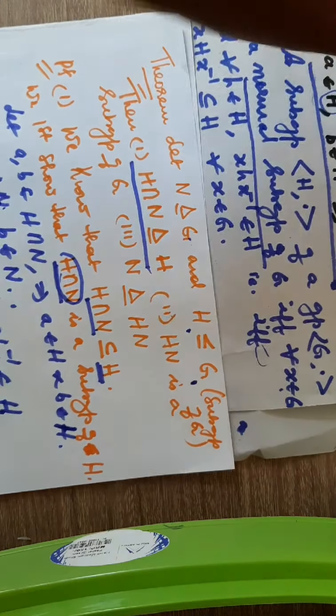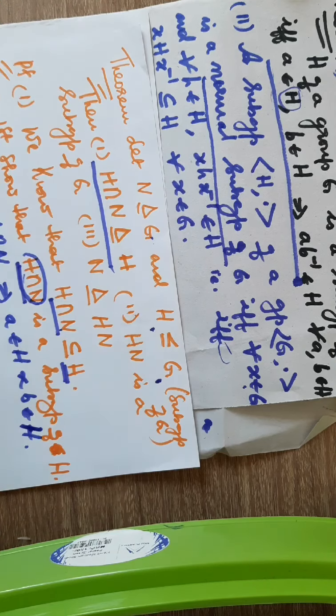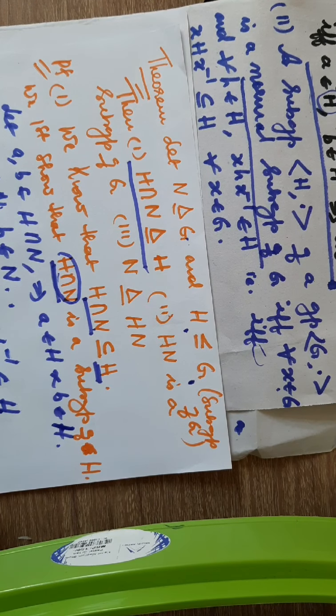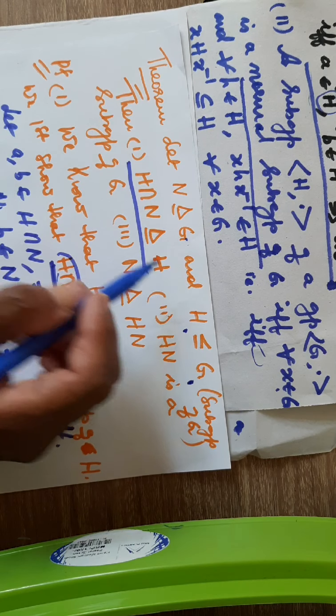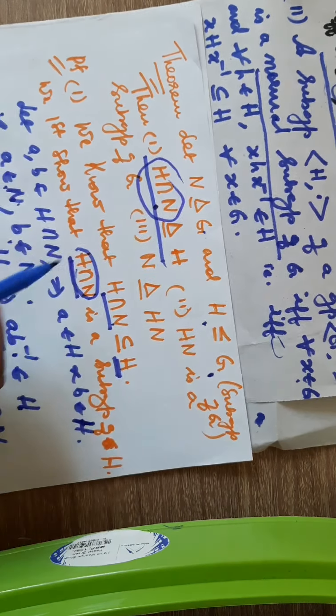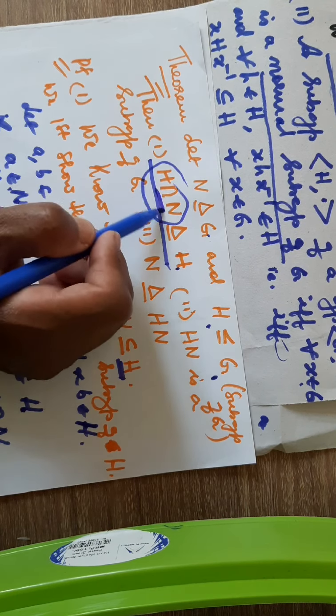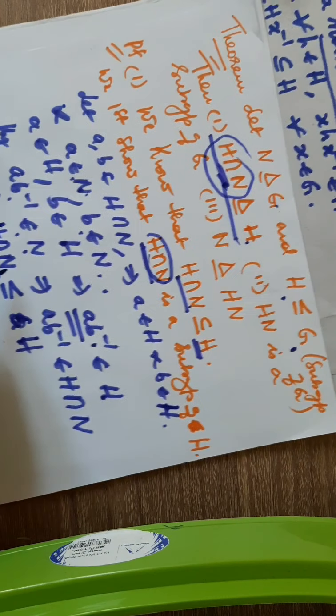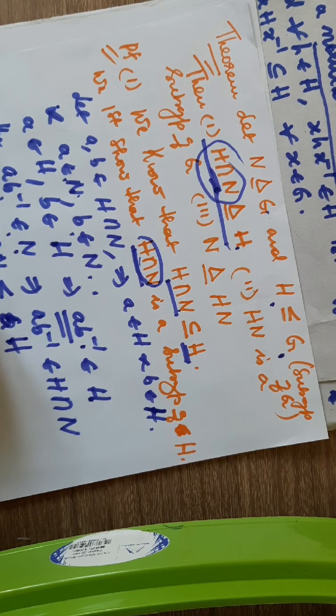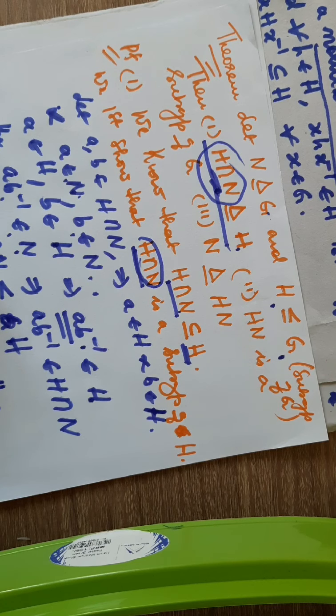Now next I need to show that it is normal in H. For that I have to use this definition of normal subgroup. If I can take an element, say k, in H intersection N and x in H, and if I can show that x k x inverse belongs to this set, then it will be a normal subgroup. So for this one, let k belong to H intersection N and x belongs to H. Now